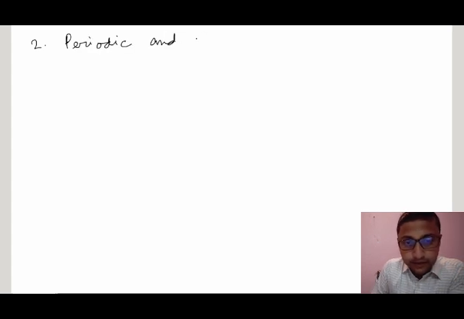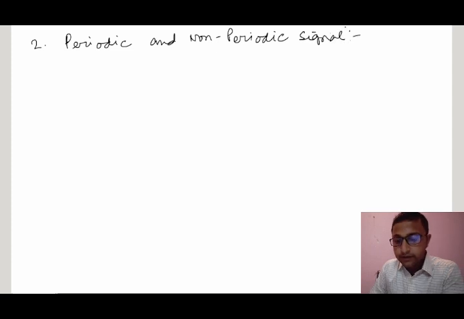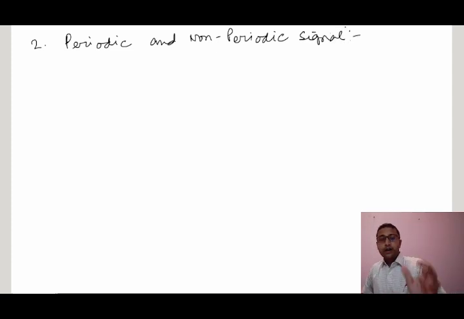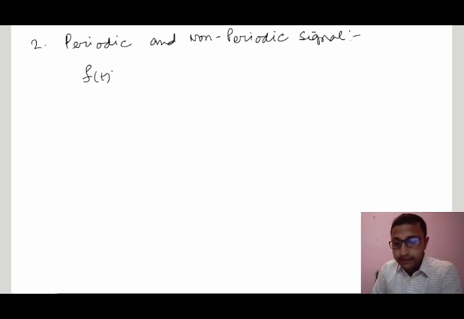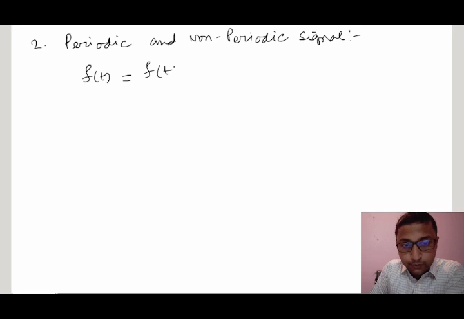Periodic and non-periodic signal. A signal is basically nothing else but a function of time. A signal represented by f(t) is said to be periodic if it satisfies the condition f(t) = f(t ± nT),